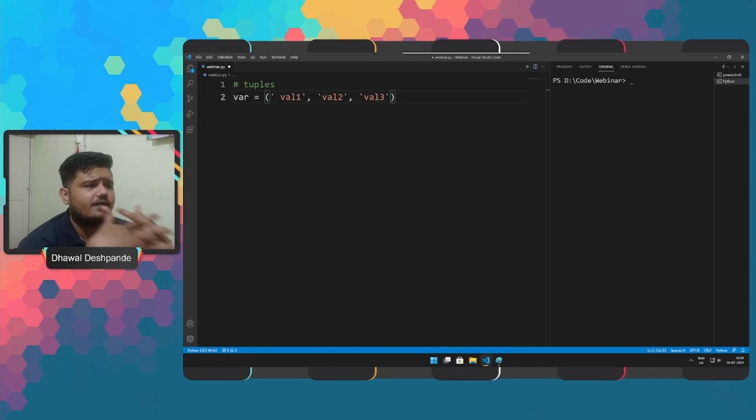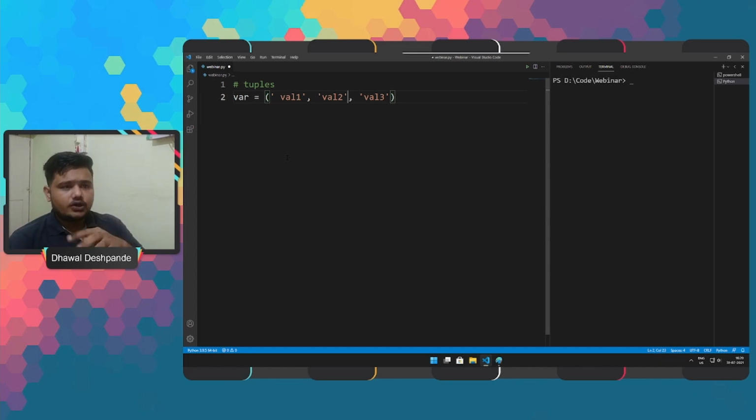Once we have defined a tuple, we cannot go ahead and make changes. We can add new values and do other operations as well, but for that we have to create a new tuple altogether, right? Apart from that, tuples are ordered same as the list, and they also allow us to provide duplicate data.